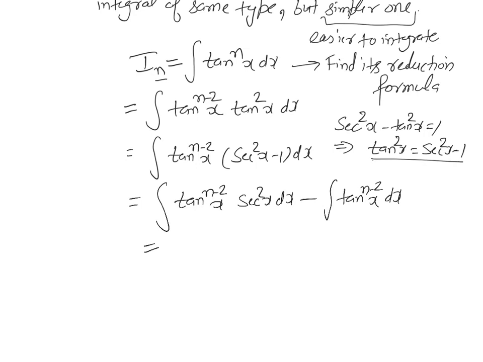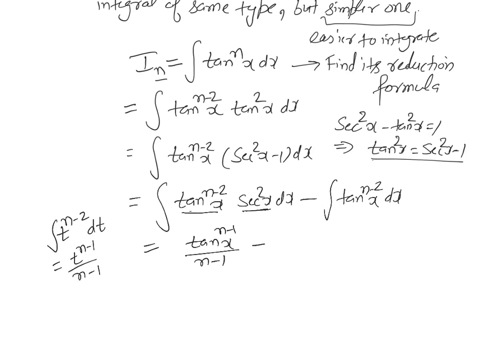Now the differentiation of tan x is equal to secant square x, so tan x will behave as t, and we get t raised to the power n minus 2 dt. Its integration is t raised to the power n minus 1 divided by n minus 1, so this gives tan^(n-1) x divided by n minus 1, minus